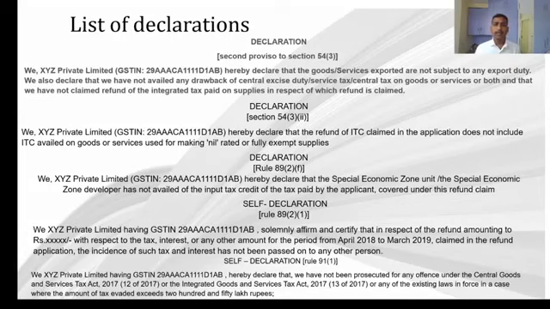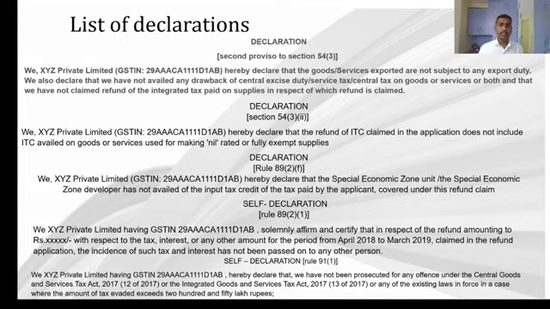And also we have to give a declaration stating that the SEZ unit or SEZ developer has not availed input tax credit of the tax applicant. This is applicable for SEZ units or co-developers or developers. And also a self-declaration stating that for the refund amount we are claiming for the so-and-so period, the incidence of such tax has not been passed on to any other person. So we should not be passing that ITC to somebody else as an input tax credit.